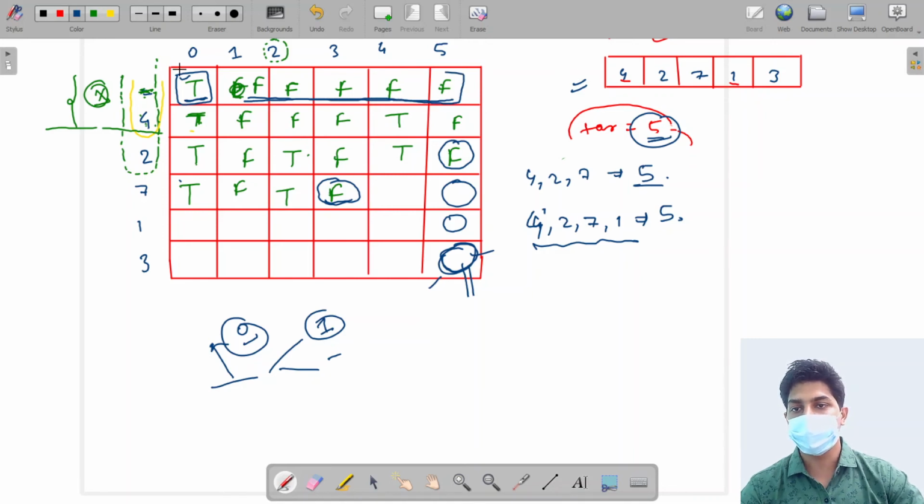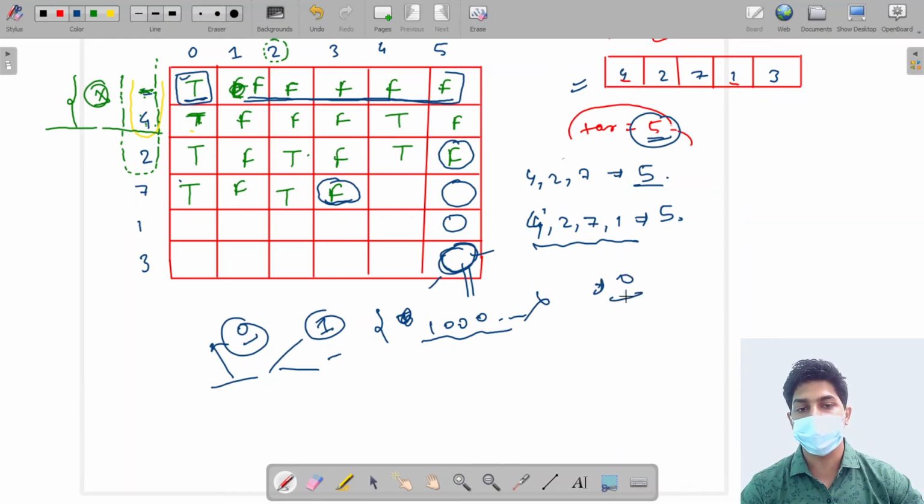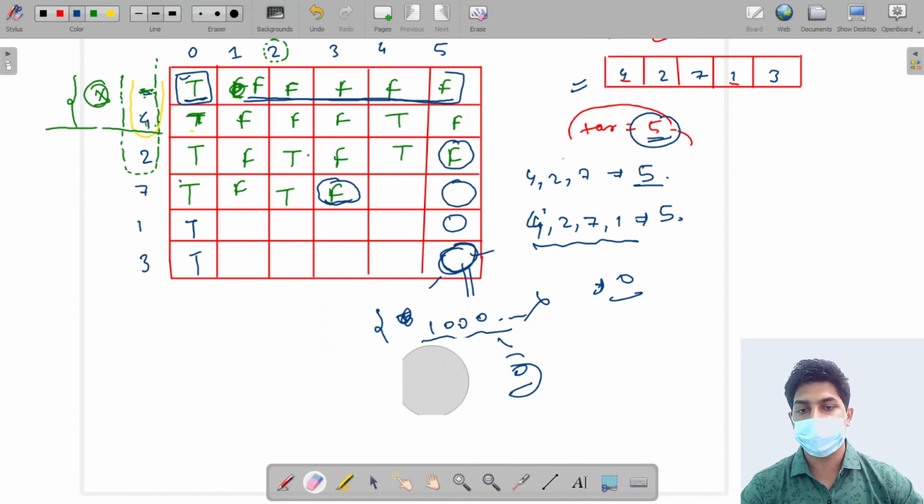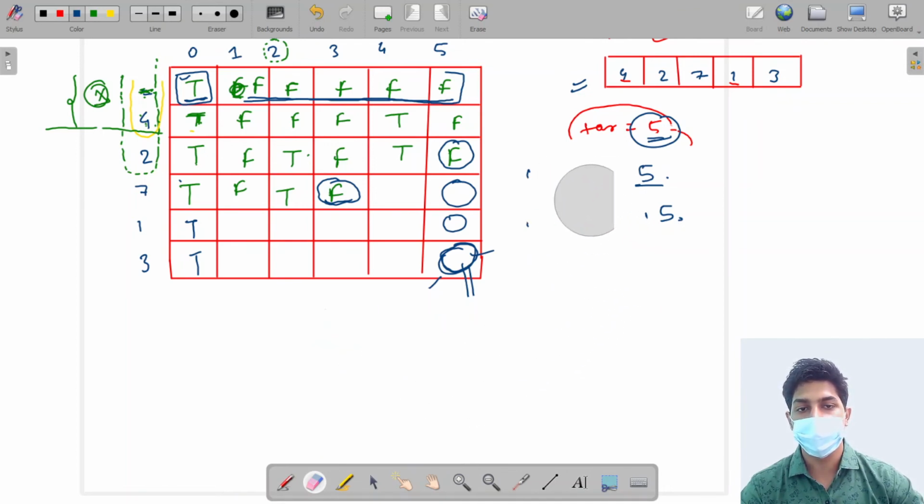Okay, similarly if we check the first column, however many elements we have, suppose we have 1000 elements. Okay, is there a subset of elements whose sum is equal to 0? Yes, there is a subset of elements. How? If we do not choose any of the elements, then we are left with an empty subset, and the sum of an empty subset is always equal to 0. So the first column will always be true. Okay, so these two are base cases which we will be using in our coding part.